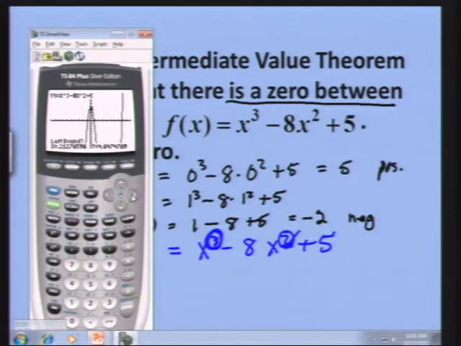So I'm going to travel downward a little bit. I'm still to the left. Notice it says left bound. I'm still to the left of that 0 right here, and I click enter. Then it says right bound. I'm going to go to the right of that 0 and click enter. And then I'll click enter again, and my 0 is